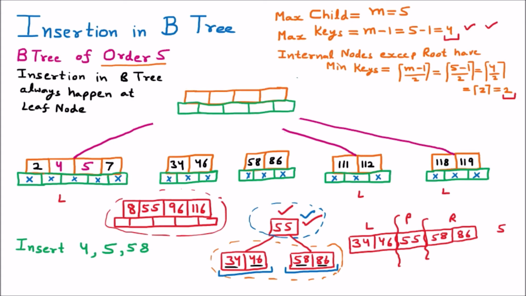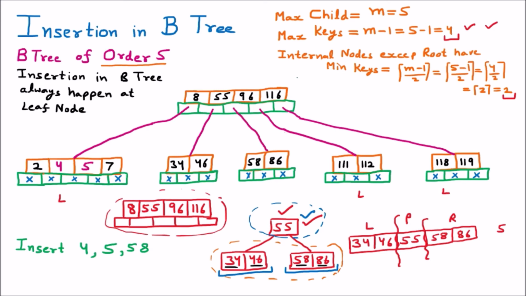So now here we have taken this node which is now having the 4 keys. So there first we are having 8, then 55 is taken, then 96 and 116. So these keys are taken and they are having the 5 children. As the pointers to the next nodes are changed, here we are going to reconnect them. We know that on the left hand side, this pointer is now attached here. On the right hand side, this is attached here. Then again this one is attached here. The new nodes which are inserted, you can see that they are attached at their position.